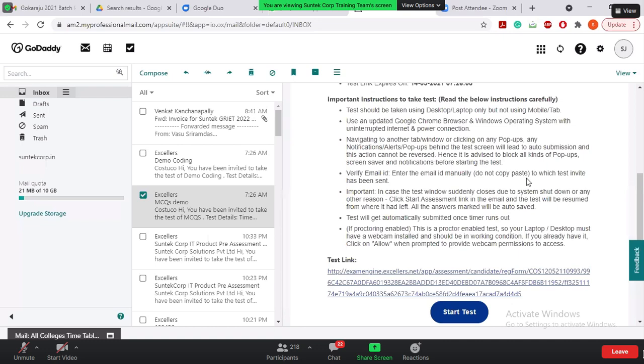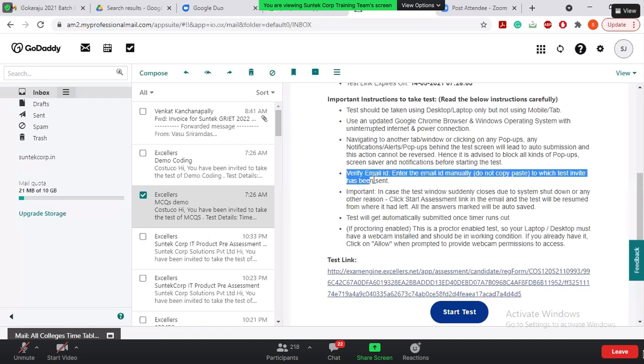And even the pop-ups, like for example, you'll get an update of Java version or some kind of system updates, right? So don't open that. Make sure you don't click on that by mistake also. If you click on that, that will be counted as one navigation or one tab switch, and more than 5 switches will lead to the test closing. So please make sure that you don't do this.